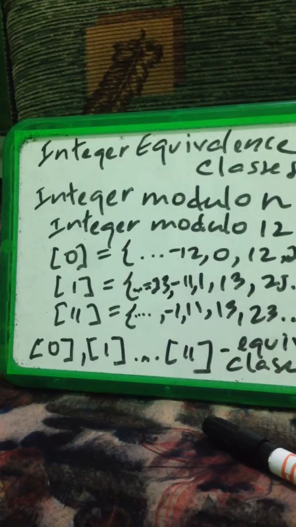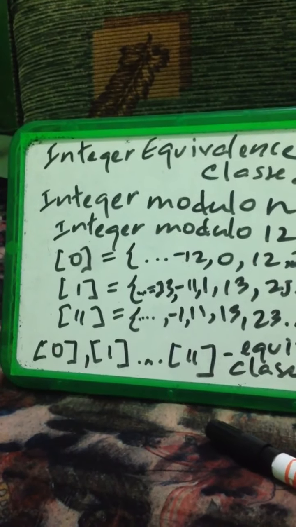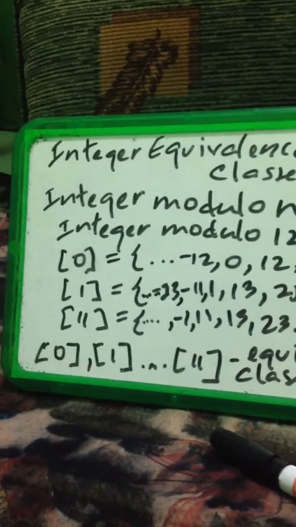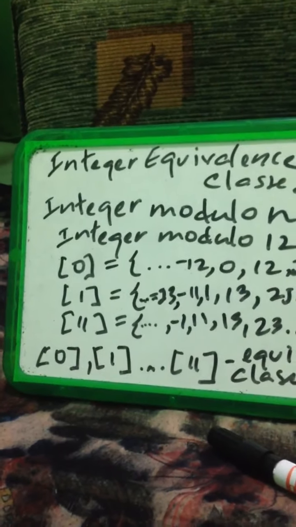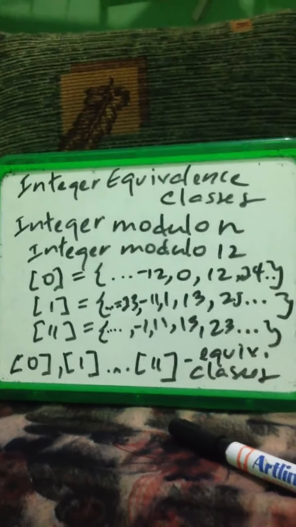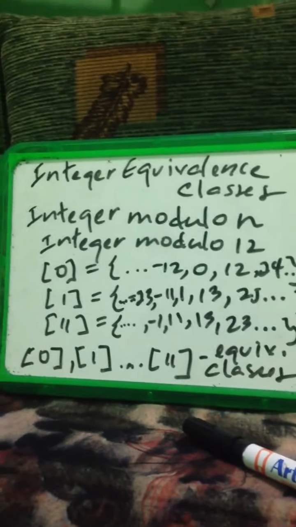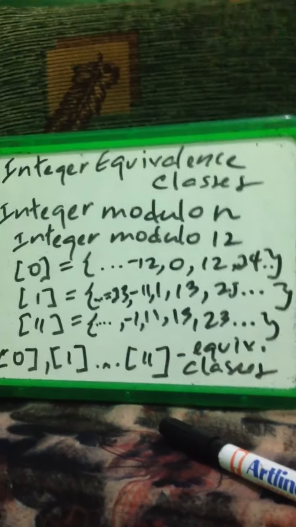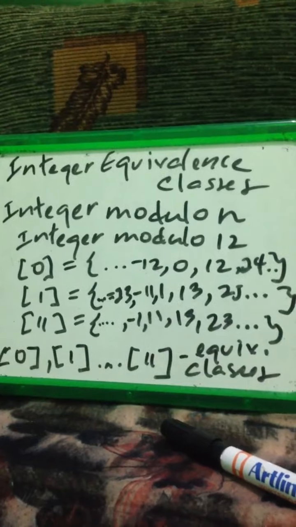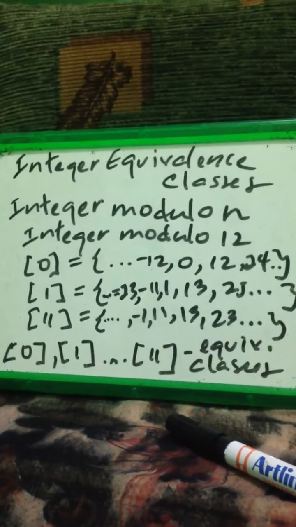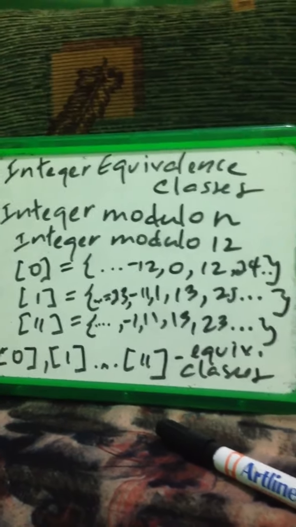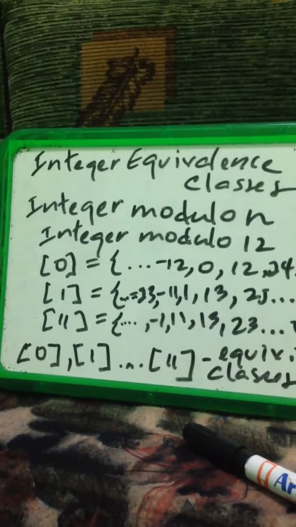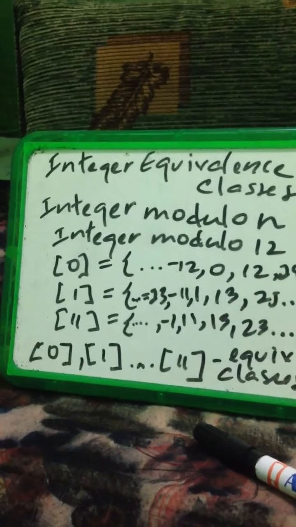And to the left, you're going to subtract 12 from the number to the right. So the equivalence class of 0 is all the multiples of 12: 0, 12, 24 will be extended infinitely to the right, and 0, negative 12